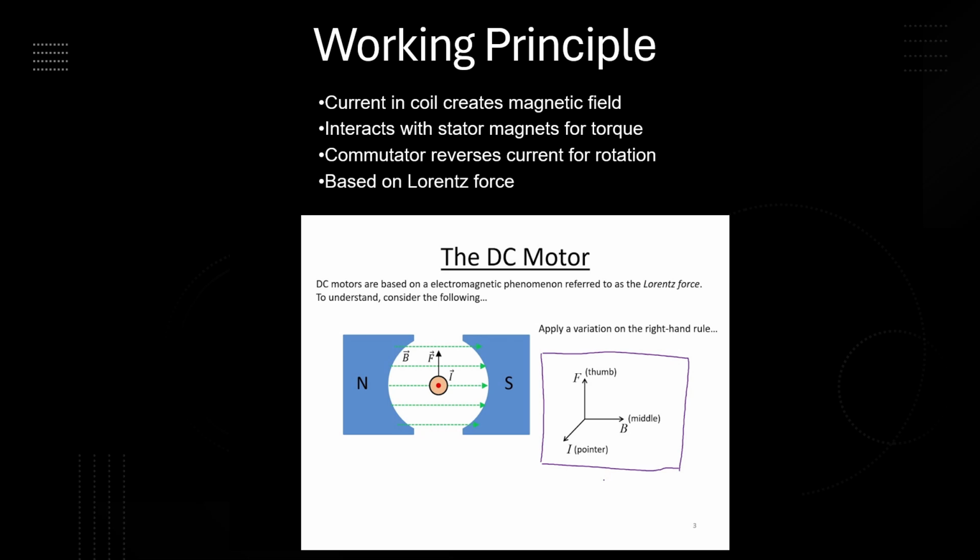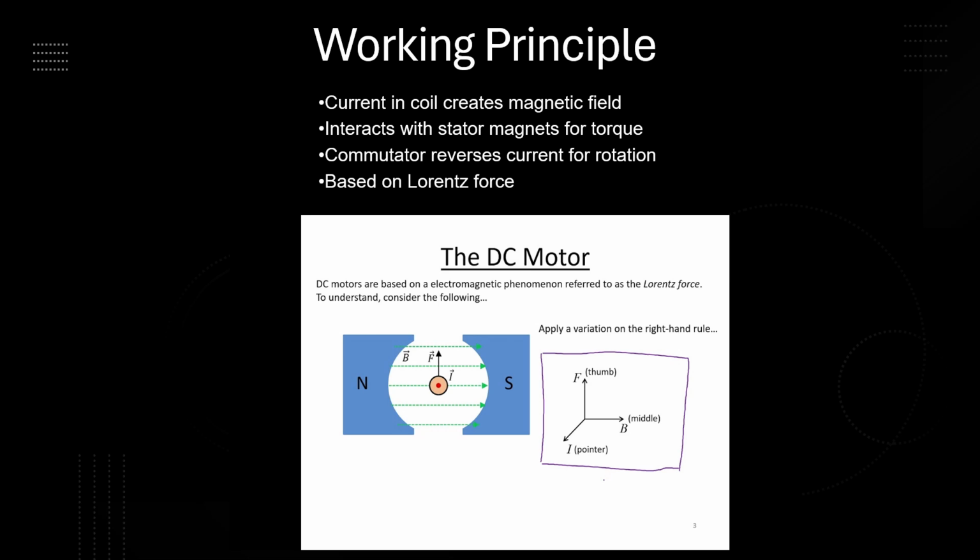The Lorentz force states that the force F experienced by a current I in a magnetic field B is proportional to the cross product of the current I and the magnetic field B. You can visualize this using the right-hand rule, which determines the direction of the force. In the motor, when DC current is supplied to the armature coil, it creates its own magnetic field. This armature field tries to align itself with the stator's field, resulting in the rotational force or torque.